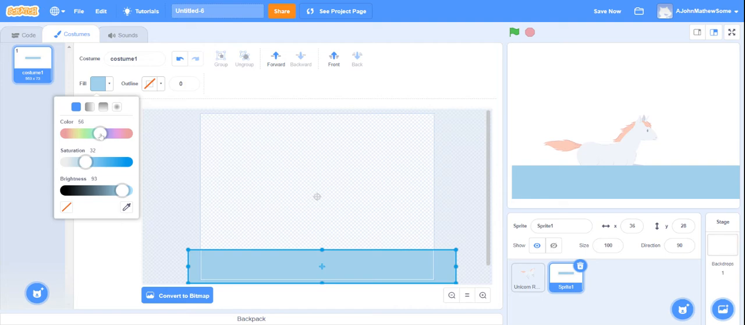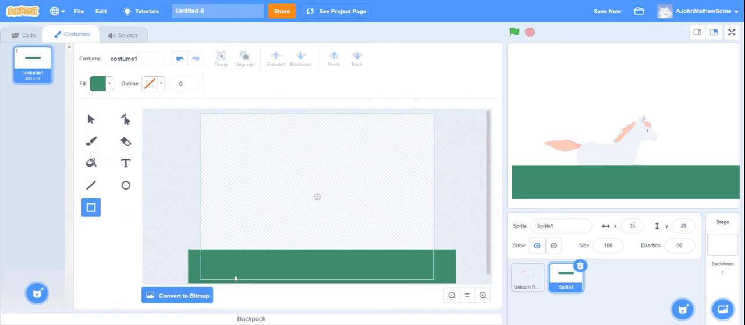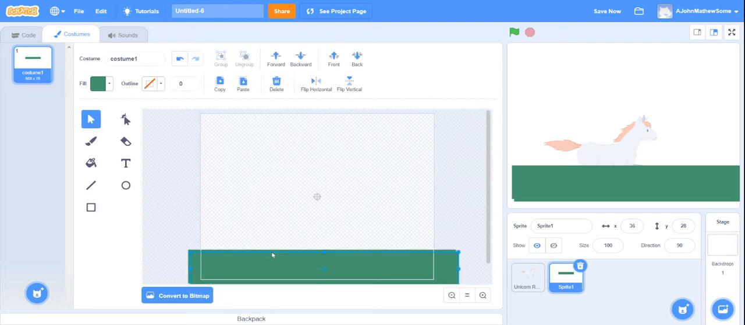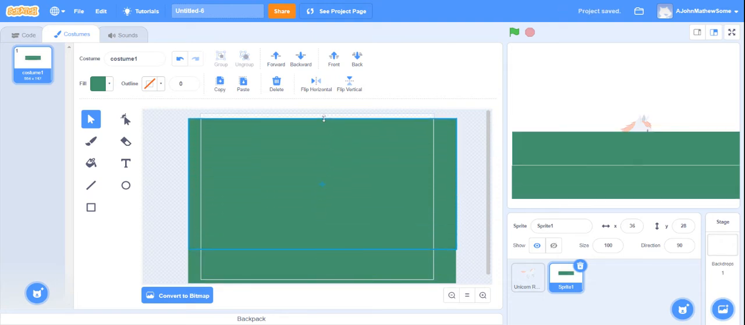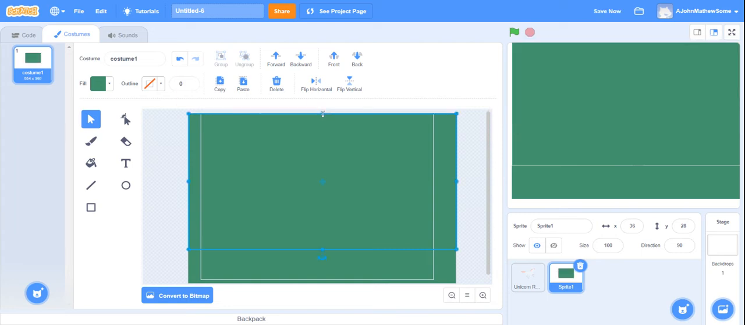You can change the color to 43 and saturation to 56 and brightness to 55. Now it really looks like the ground. We can copy this ground, paste it, keep it over the ground, and then stretch it till the end of the screen. And now this backdrop